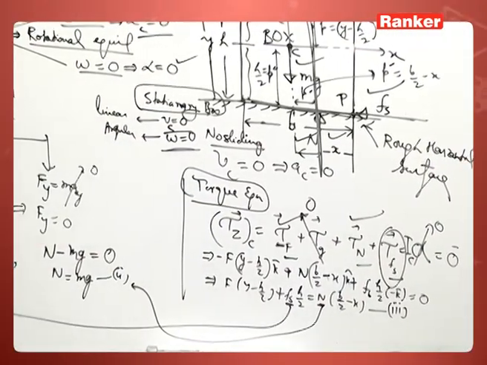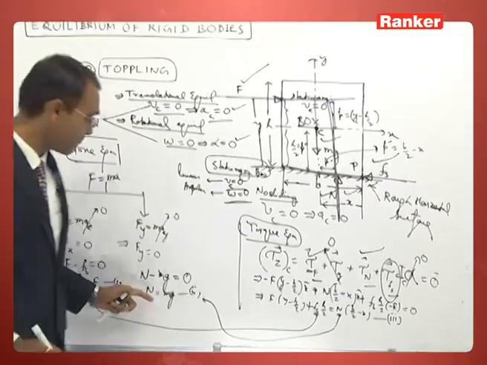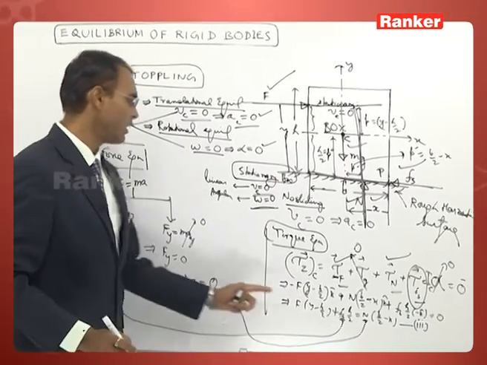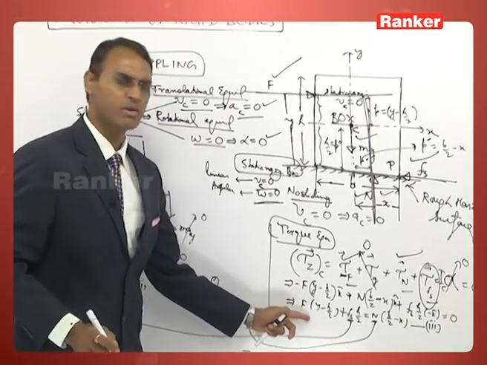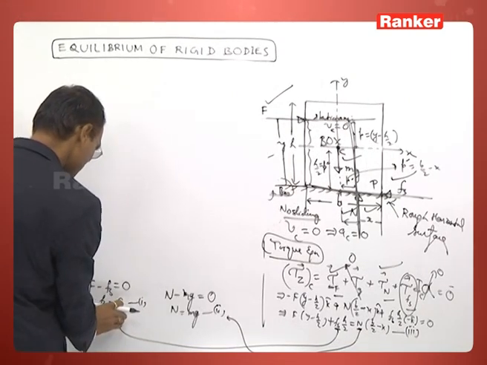If you substitute the values of the frictional force and normal reaction force from equation 1 and 2 in equation 3, from force equations to torque equation, we are getting,